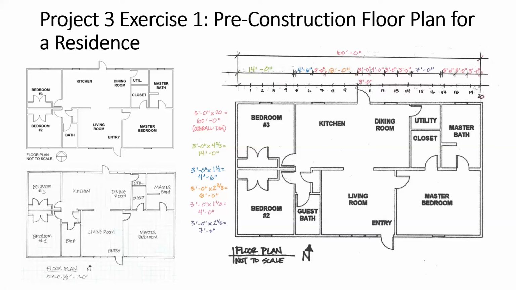Now, once you have the rough idea of the size, then of course you can translate this into a workable to-scale floor plan. And so once you've determined the overall size and shape of these spaces within the floor plan, then you can go over here and create what the student has created. This is a nice example in which the dimensions here have been translated and redrawn to scale on 1/4-inch graph paper. And so you can see here, this is an 1/8-inch plan. And so the door here, which we determined was 3 feet wide, is about 1.5 boxes wide at 1/8-inch scale.